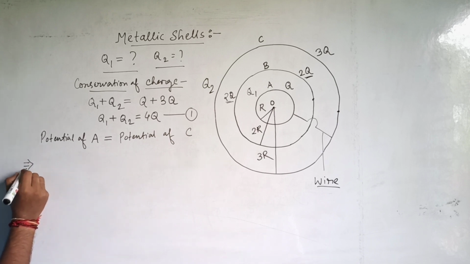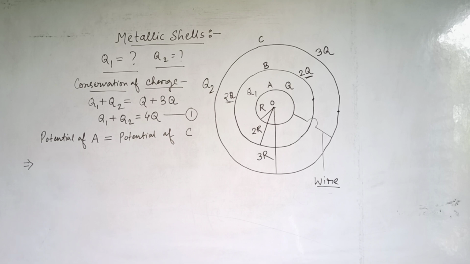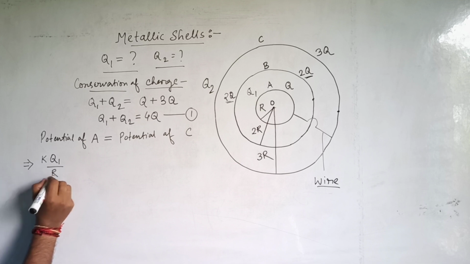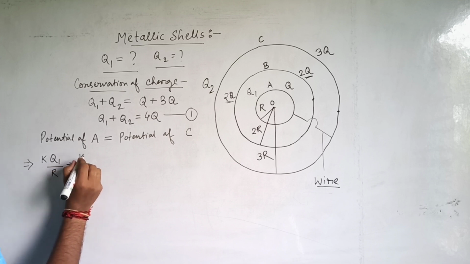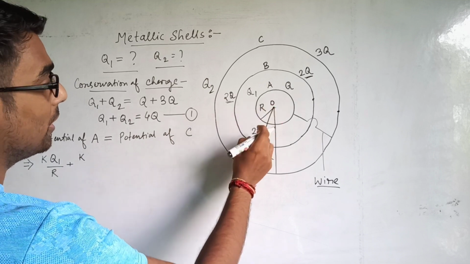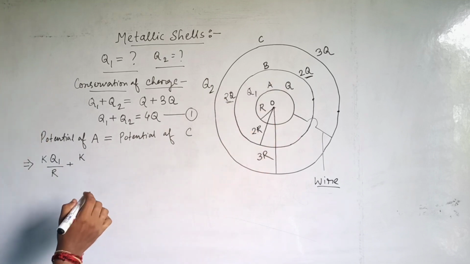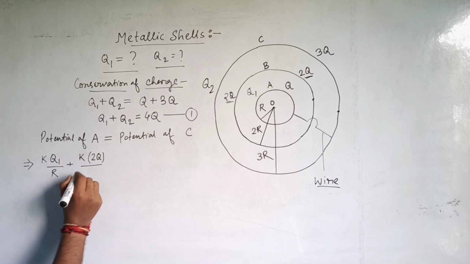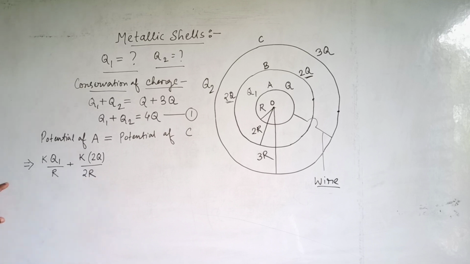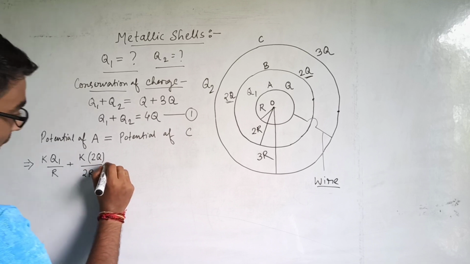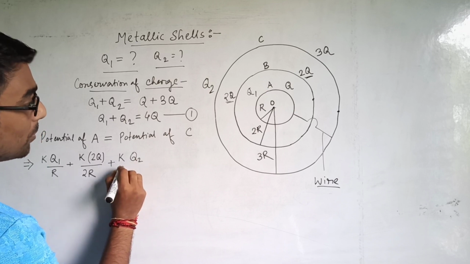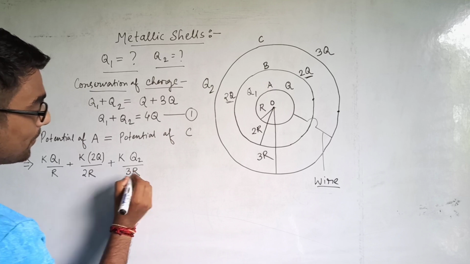The value of potential of A, it will be K Q1 by R, first one, plus K twice Q by twice R. Clear? Now the third one is K Q2 by 3 R,